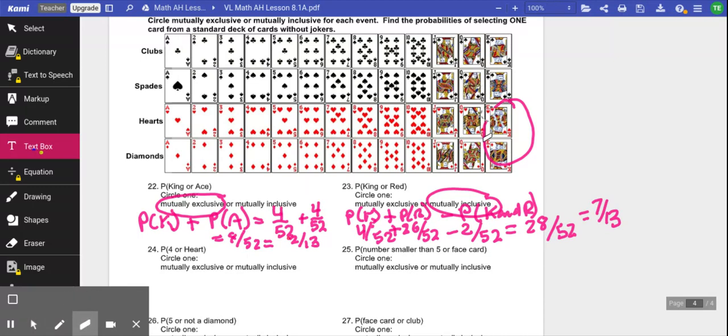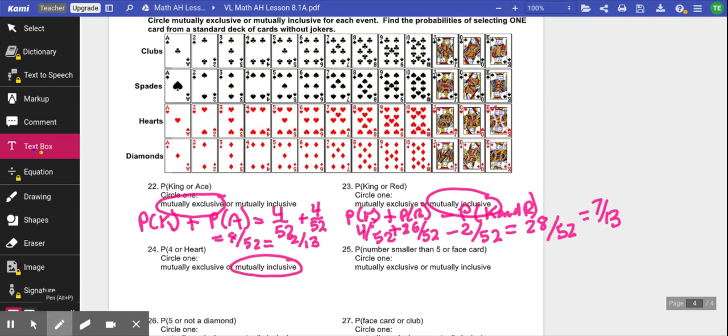I erase my circle up here. Okay. A 4 or a heart. So you have to think, is there such a card that's the 4 of hearts? And I say, yeah, there is the 4 of hearts. So both can happen at the same time. So I know it's inclusive. So I'm going to get the probability of getting a 4. There are 4 out of 52 cards that are 4s. Plus the probability of getting a heart. There are 13 out of 52 that are